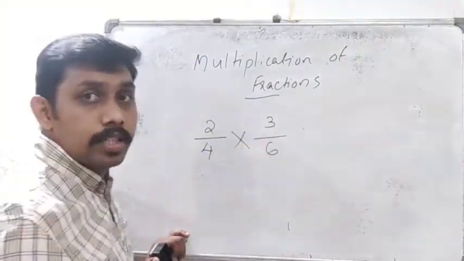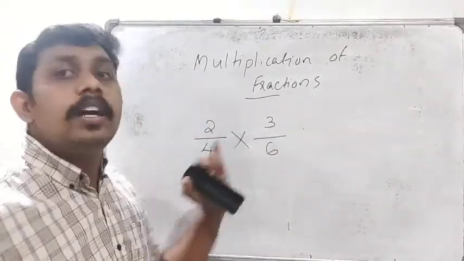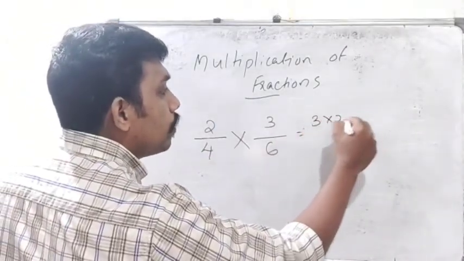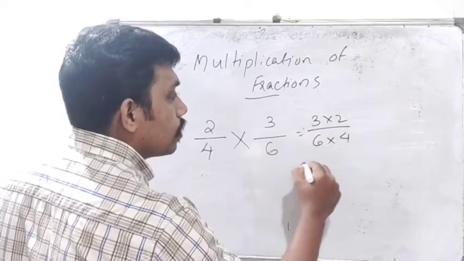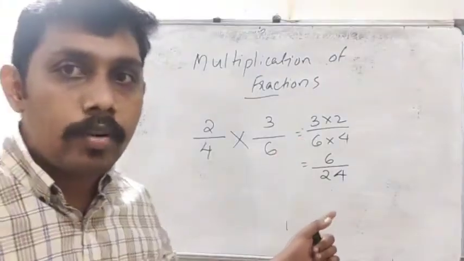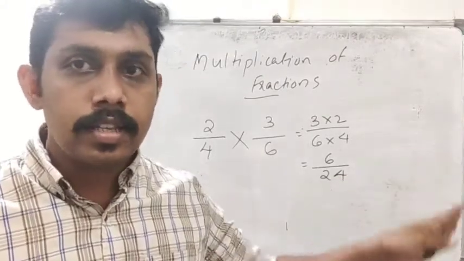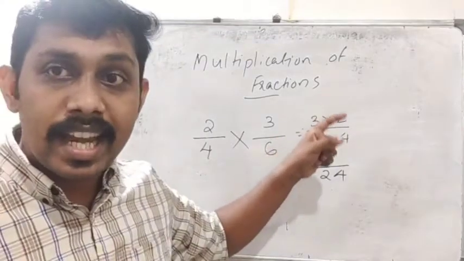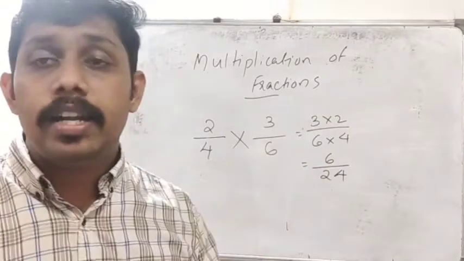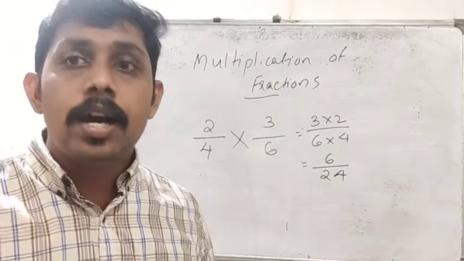It is very simple. Multiply the numerator by the numerator, multiply the denominator by the denominator. So we need to multiply both. Numerator by numerator, so 3 into 2 divided by 6 into 4. So the answer becomes 6 divided by 24. This is also an equivalent fraction. We can simplify this fraction into its simplest or smallest form, that we will discuss later. We can divide the numerator and denominator by the same number. So this is how to multiply given fractions. This is one example. So this is subtraction and multiplication.